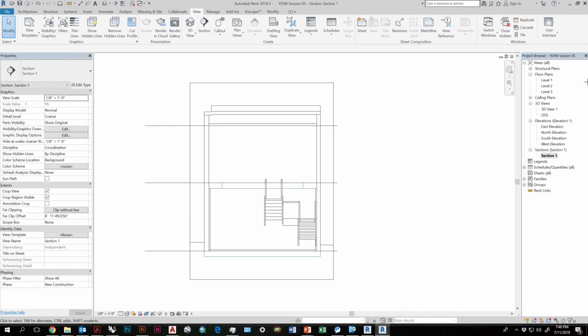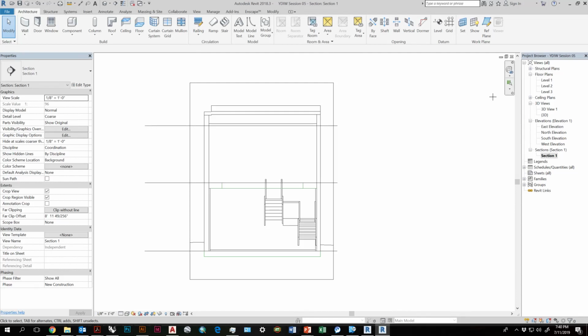Let's see. Is there anything else I want to show? I know I haven't shown much advanced stuff. I'm trying to think what would be good to show that isn't already being done. There are a bunch of opportunities when we look at integration with other programs. You can have AutoCAD XRefs embedded in Revit that will allow you to quickly make changes. When you make a change in AutoCAD, you can reflect that change in Revit. I don't really have any AutoCAD drawings that I can put in here, but that's a possibility.